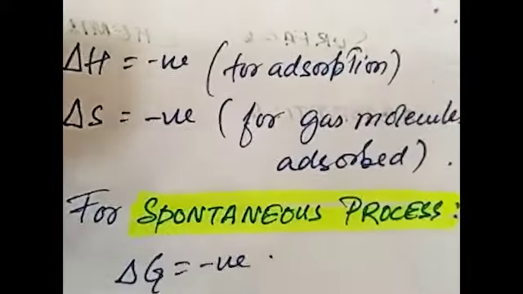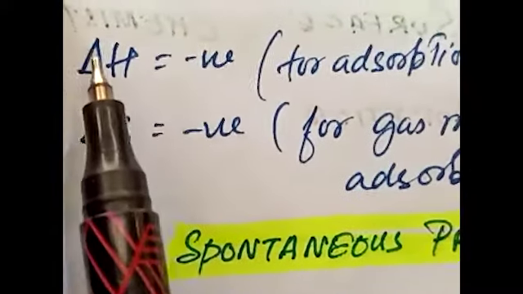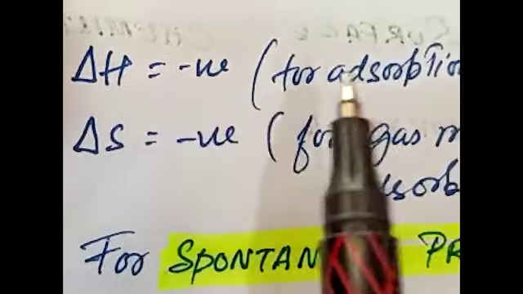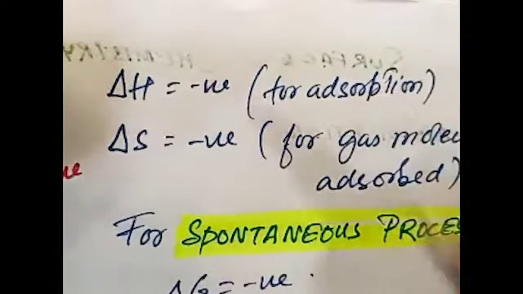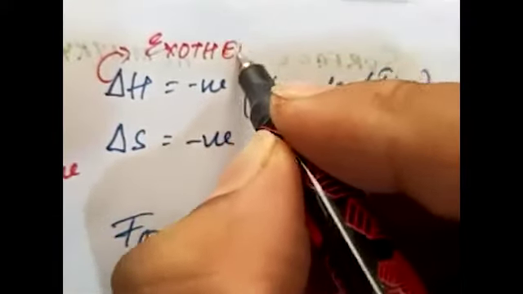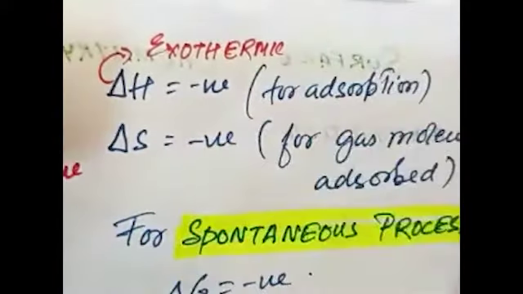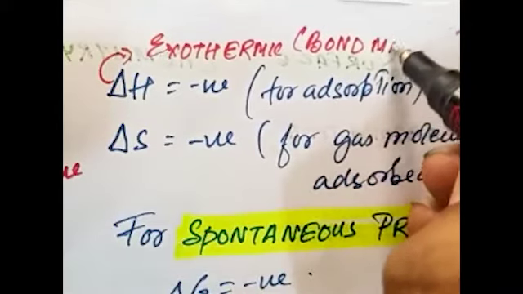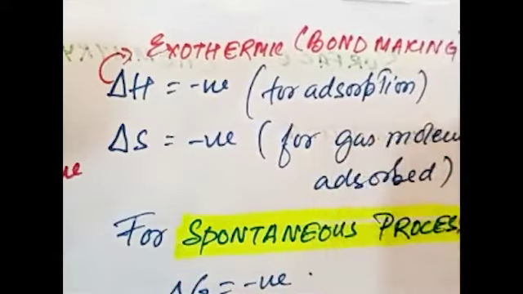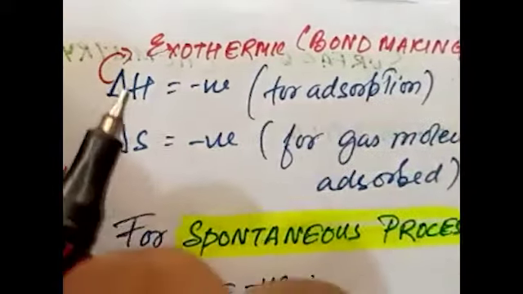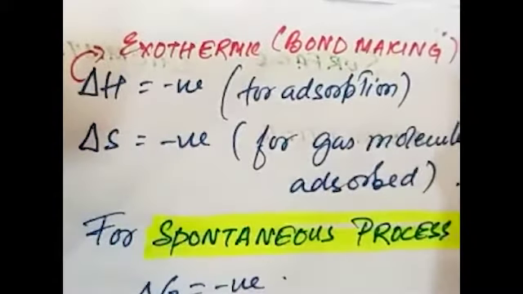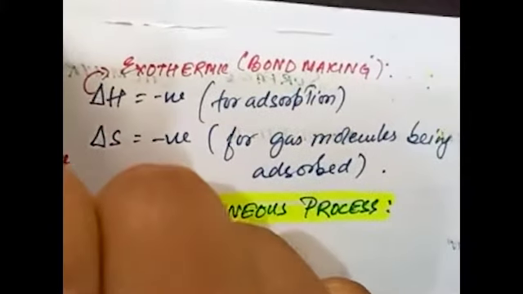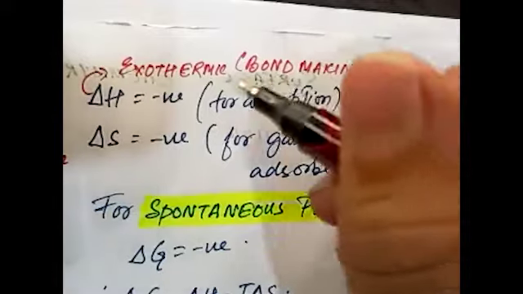नाउ सी, बिकॉज इट्स ए एक्सोथर्मिक प्रोसेस, इट्स ए नेगेटिव फॉर एड्सॉर्प्शन, ठीक है, क्योंकि ये बॉन्ड मेकिंग प्रोसेस है, ये एक्सोथर्मिक होता है। एक्सोथर्मिक का रीजन क्या? बॉन्ड मेक, बॉन्ड को बनाना। बॉन्ड मेकिंग प्रोसेस इज एक्सोथर्मिक इन नेचर, ठीक है। बॉन्ड मेकिंग कर देना, इसको एक्सोथर्मिक बोला जाता है, ठीक है। बॉन्ड मेकिंग प्रोसेस इज एक्सोथर्मिक।